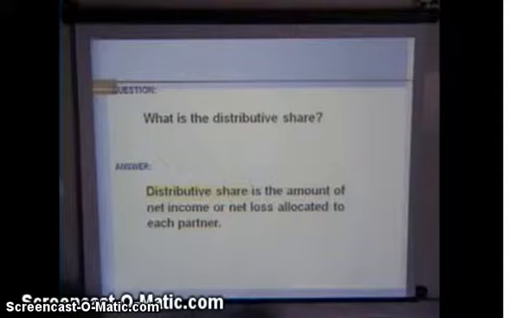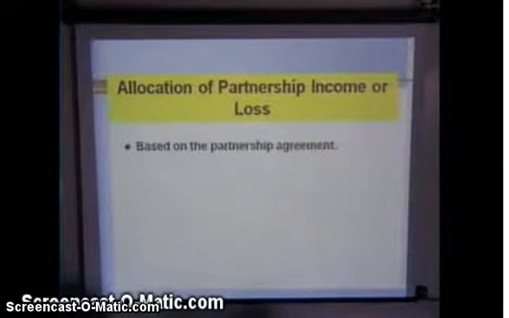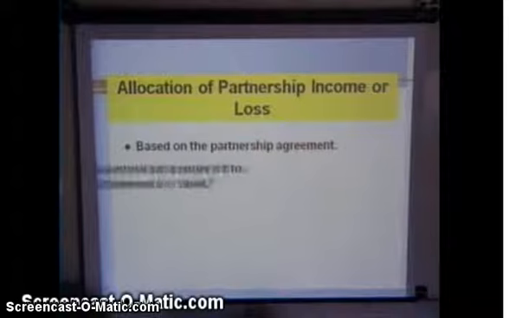And so far so good? I'm not going too fast. Is it okay to say closing process? We're just going to decide how we divvy up things. Okay. Based on the partnership agreement,